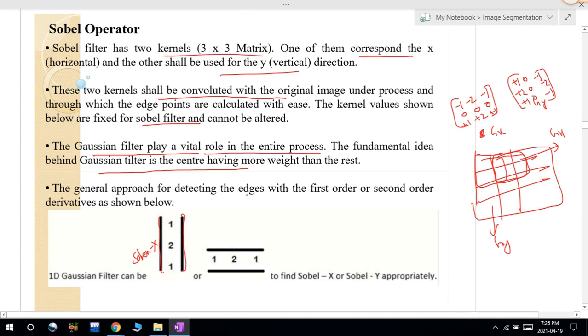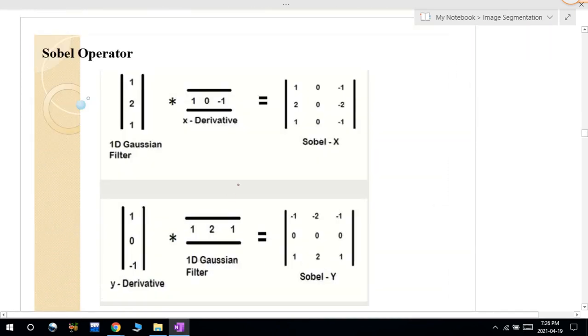So in case of this Gaussian operator, the general idea is giving more weightage to the central pixel. So that's why 1 to 1 and 1 to 1. So after giving this weightage, this is the x derivative. If you want to find this x derivative, then you can use this f of x, f of x plus 1, and this is your f of x minus 1. So after doing this x derivative, there is a change in the x direction. I can indicate that by using this 1, 0, minus 1. After this, if you multiply this one, you get this Sobel x. And in case of y derivative, if you multiply with this 1D Gaussian filter, then you will get this Sobel y. So these are the Sobel x and Sobel y that we have already discussed.